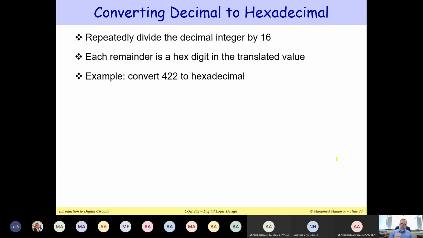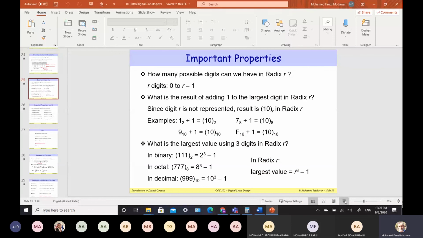However, if I would like to convert decimal to hexadecimal, I'm running out of time. How do I convert decimal to hexadecimal? We can divide by 16. Anyways, I'm running out of time. Let me just pause here. Next time, inshallah, I will talk about this. I will finish this topic and talk about fractions. Do you have any questions, students?